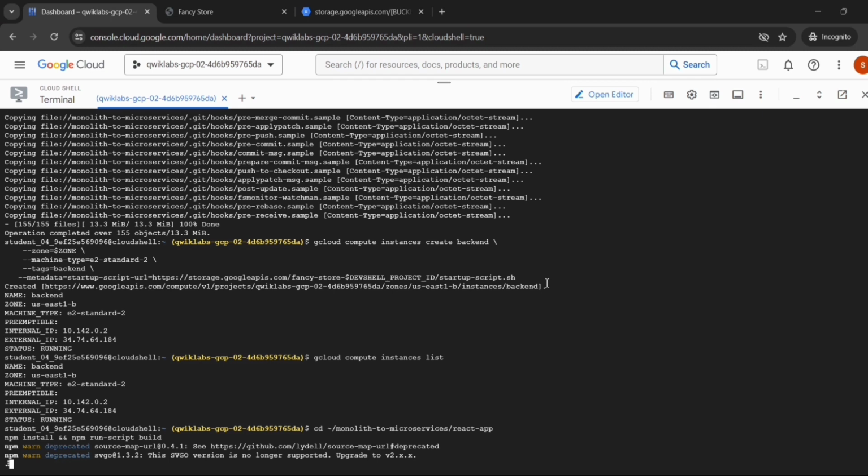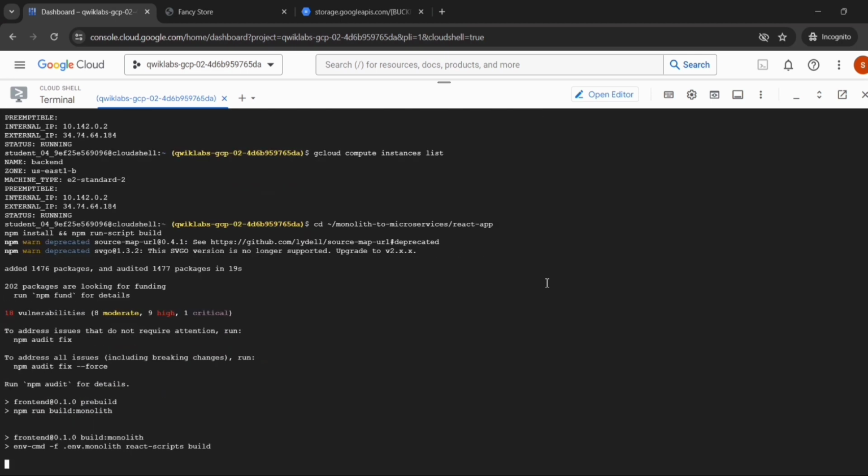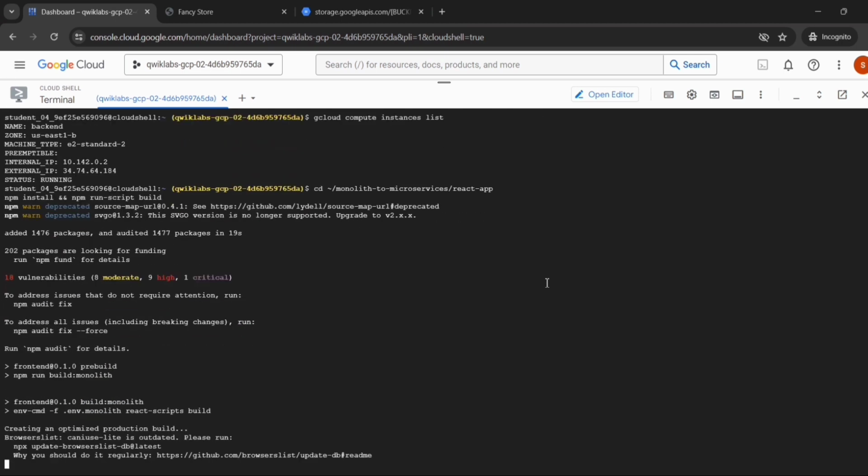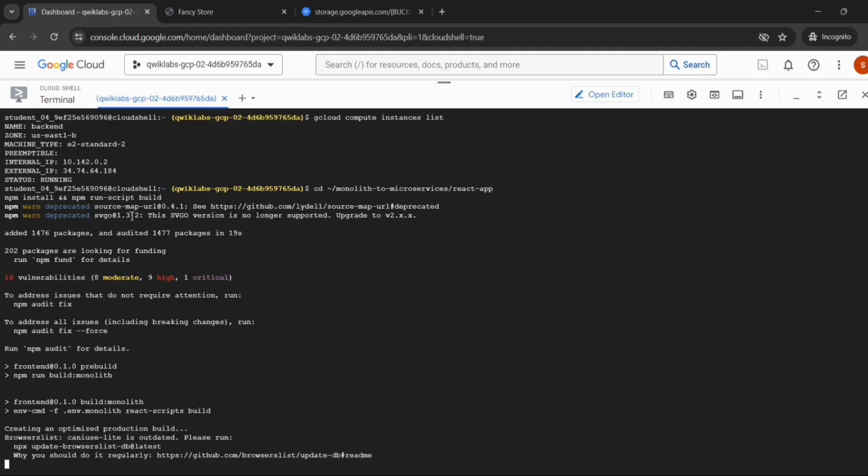Now our React app will be run on the Cloud Shell. Now we will get the updated front end. This will be updated. For that, let the command run properly.